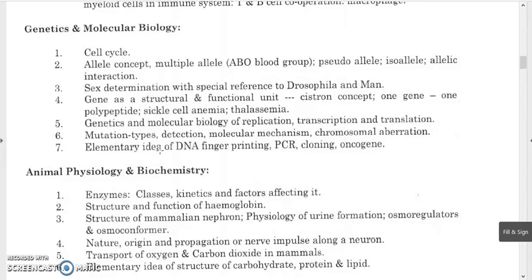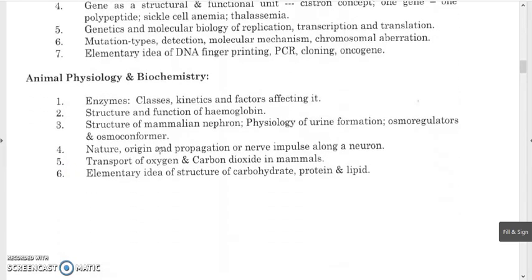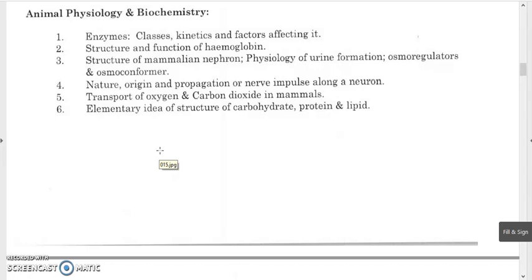and oncogene. This is also present in the syllabus. Animal physiology and biochemistry, enzymes, enzyme classification, kinetics, factors affecting enzyme action, like the action of enzymes on the basis of temperature, different types of enzymes, allosteric enzymes, Michaelis-Menten kinetics, etc. Structure and function of hemoglobin, how oxyhemoglobin occurs, hemoglobin as a quaternary protein, how oxygen binding occurs, and